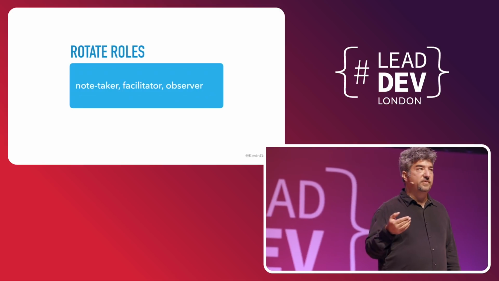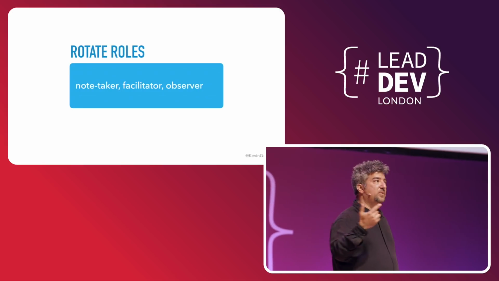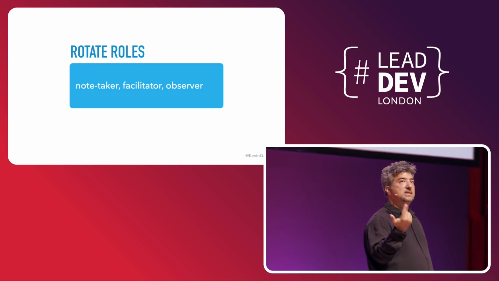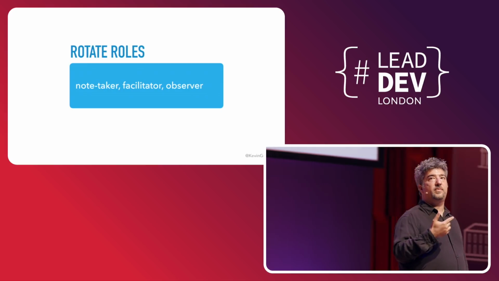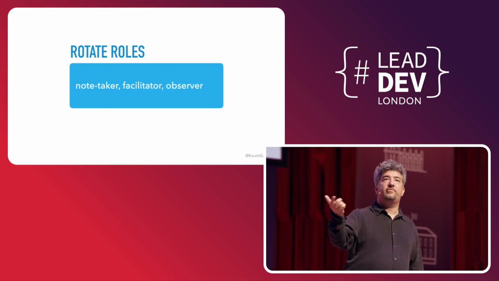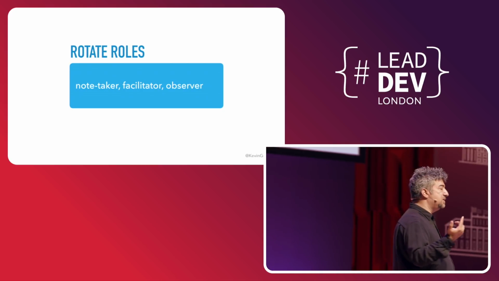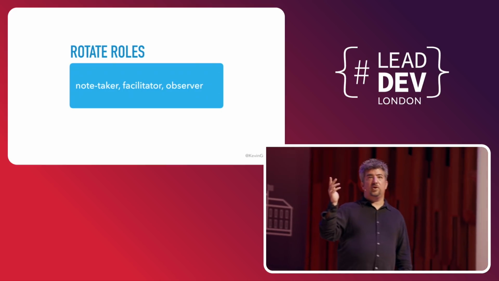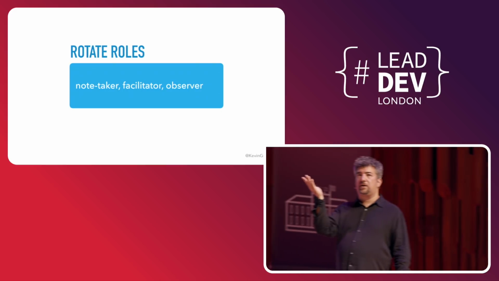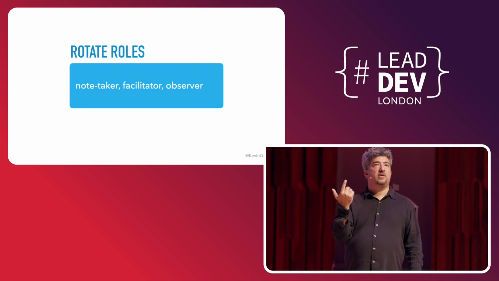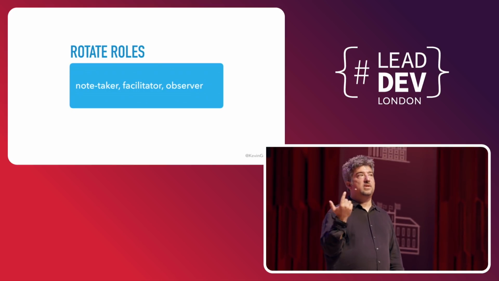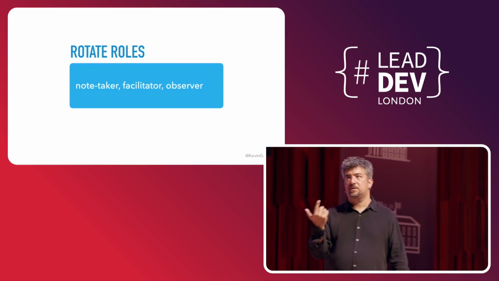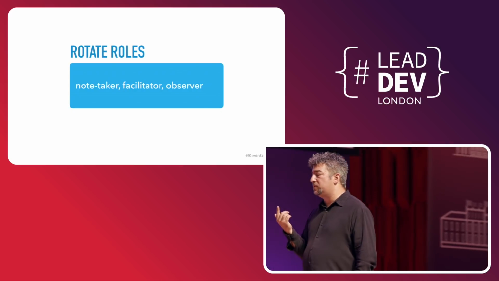And you've probably heard this before. When you have these kind of roles, rotate them. Not the same people every time, or invite people from other teams to do it for you and then you do it for their teams. Because people get stuck in these roles. Because they volunteer. Well, nobody else is volunteering, I guess I'll volunteer, and now you're the permanent note taker. And it's usually the people that we least want to get stuck in these kind of roles that end up doing it.